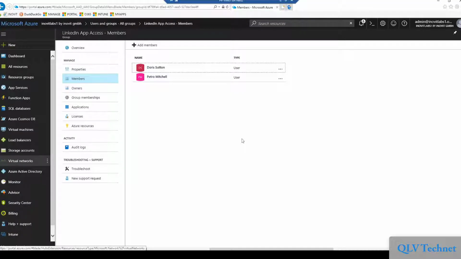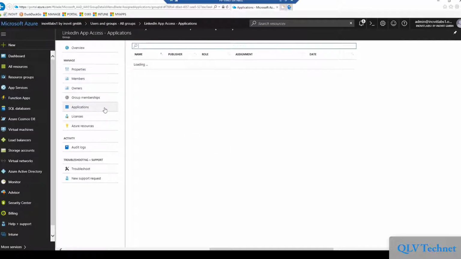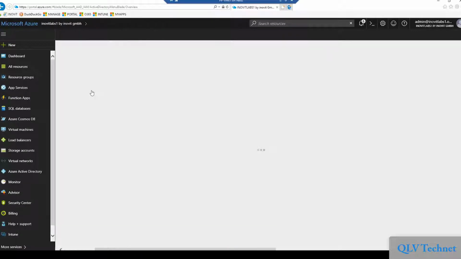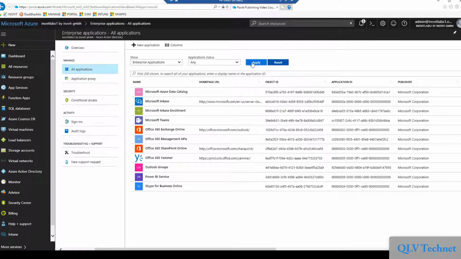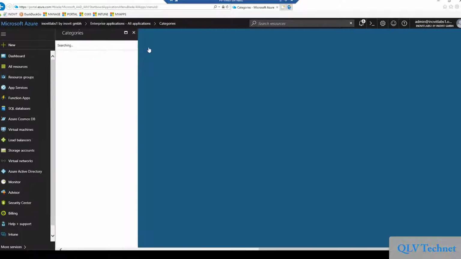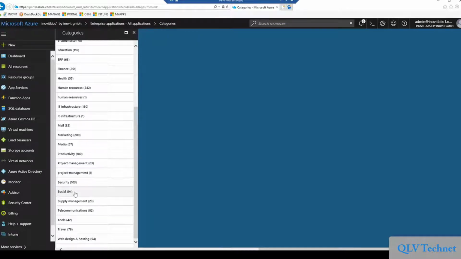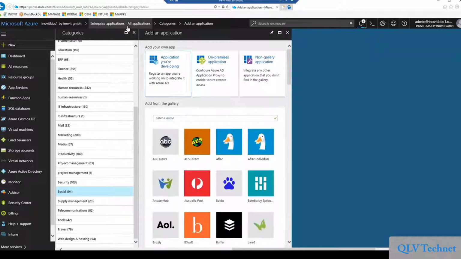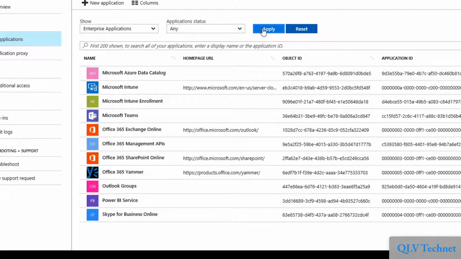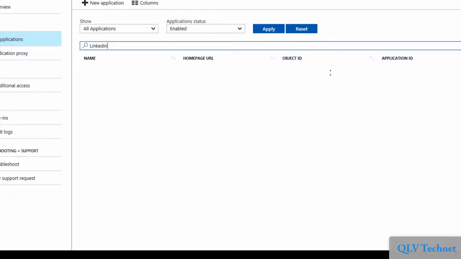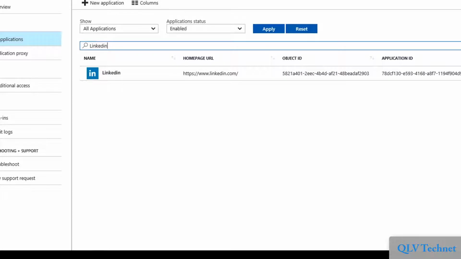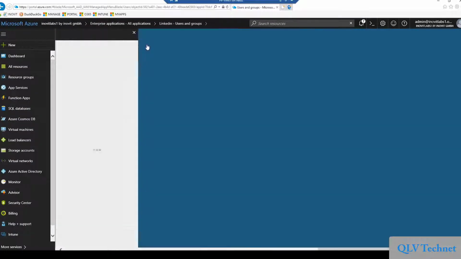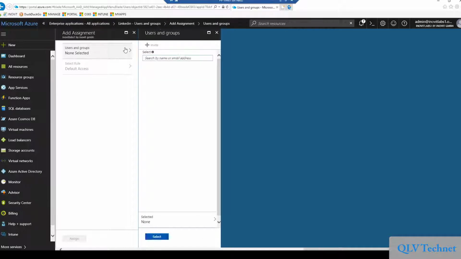In the first configuration, we will add LinkedIn as our first application. I don't need to mention that we are working in the Azure portal to do our configuration tasks. We choose LinkedIn from the Azure AD application gallery. In the next step, we will assign the application to our existing LinkedIn App Access group from our group configuration